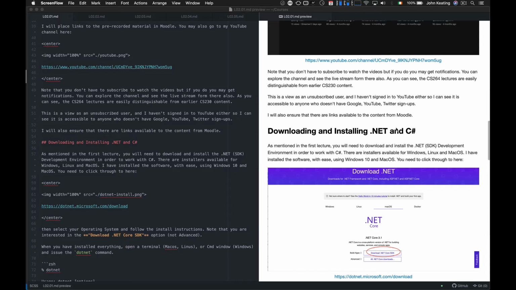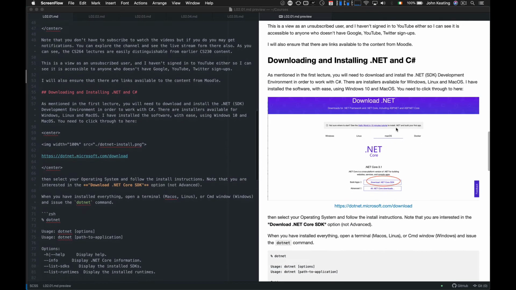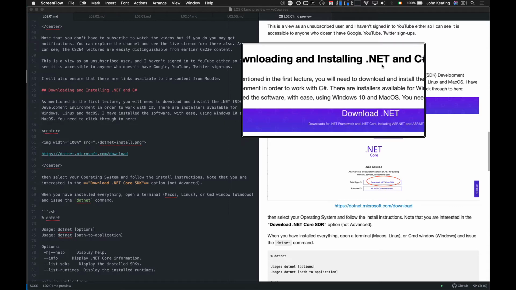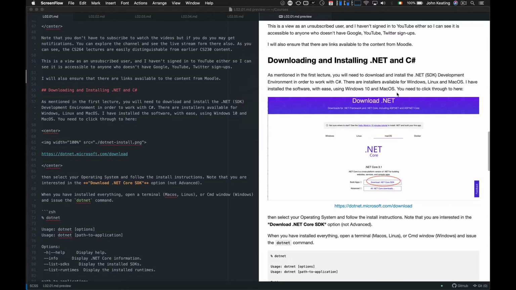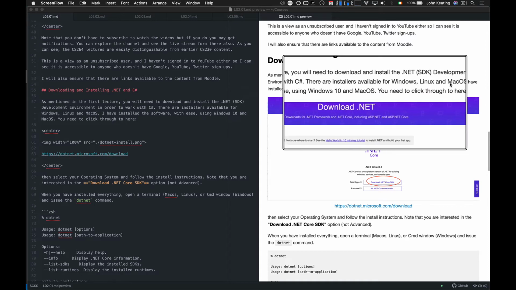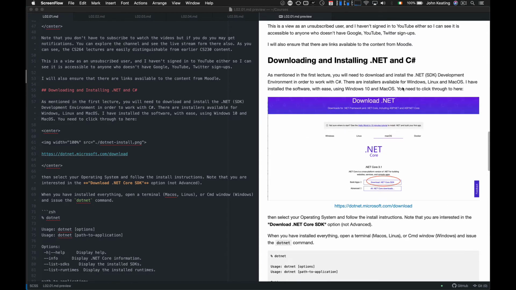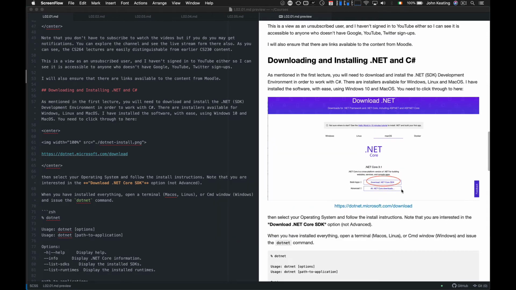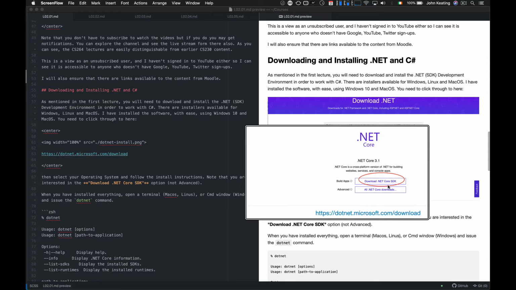So what else is important, of course, is that in order to make this work, I need you to be able to download and use C#. And in order to make that happen, with whatever system you're using, you have to download and install the .NET framework. Now there are installers available for Windows, for Linux, for macOS, and I've used and installed the software with both Windows 10 and macOS, and it works just fine. So you can go to the website .net.microsoft.com/download. It's a secure site, and you'll be able to click on the link to say download the .NET Core